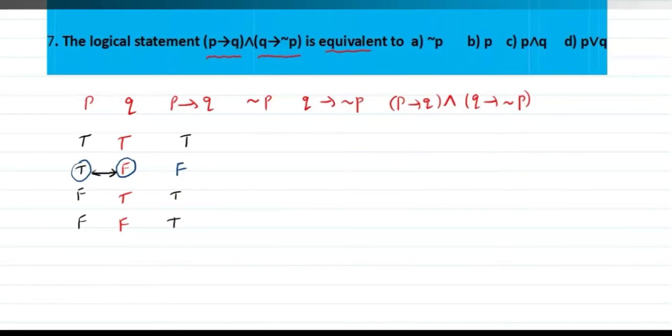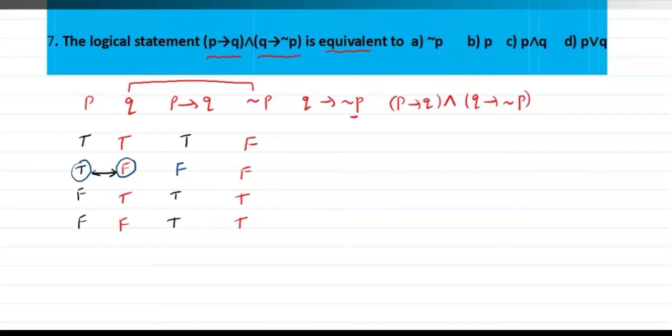Now negation P. Negation means the opposite of the statement P. See, in the first row of P we have true, so here the opposite is false. For true, false. For false, true. For false, true. Okay, done. Now come to Q implies negation P. We have to find the truth table for Q and negation P now. Okay, right.